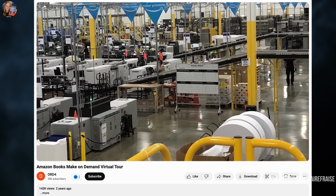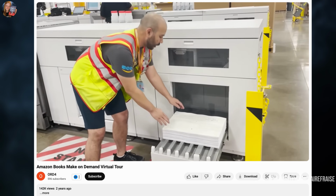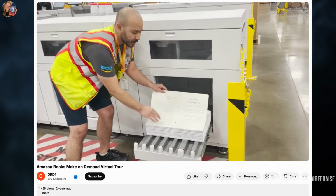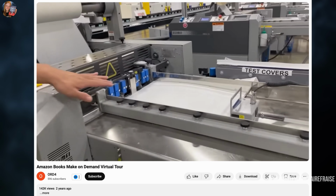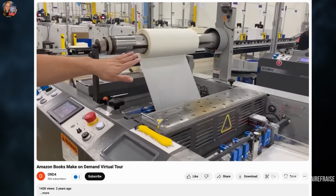So they have big printing facilities all over the world. When somebody orders your book, it sends the file to one of these printing facilities, and that facility will literally print one copy of your book, and package and ship it to the person who bought it, which is super cool because back in the